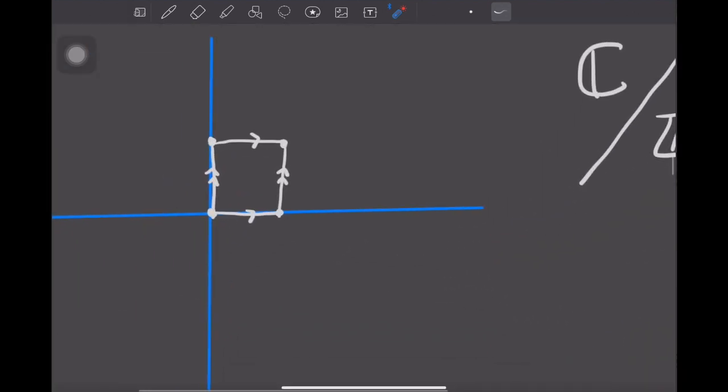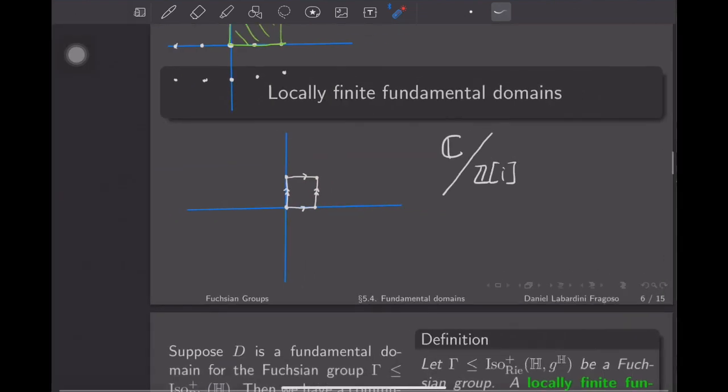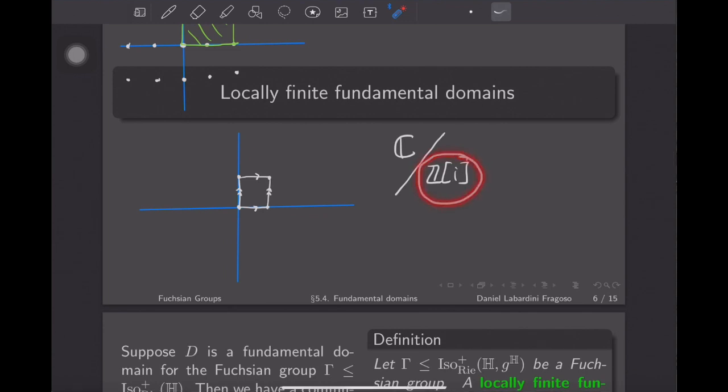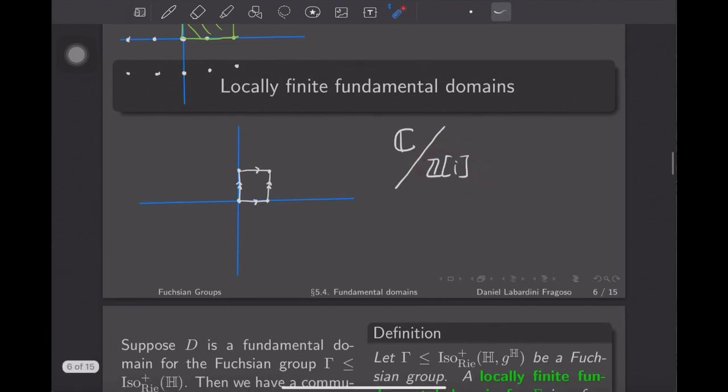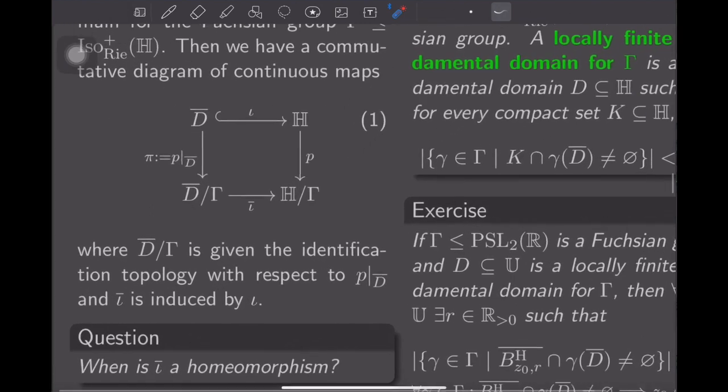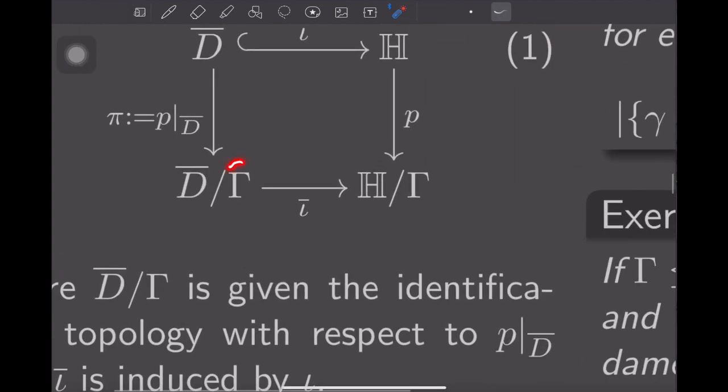Here these gluings really are the gluings that the subgroup dictates. And of course, I know that D bar is not closed under the whole action of gamma. This I know, right? But still, I can say, okay, in D bar, identify points whenever they belong to the same gamma orbit,